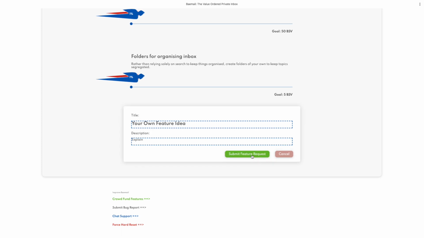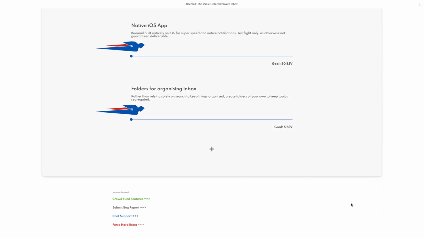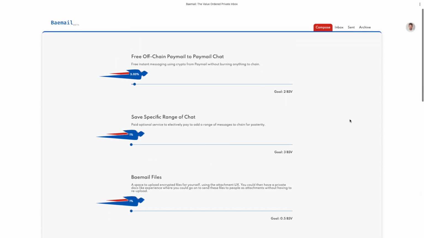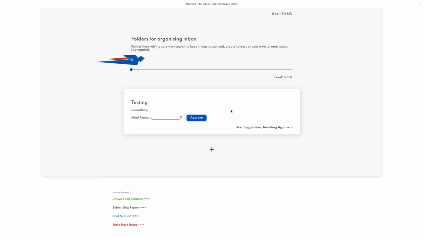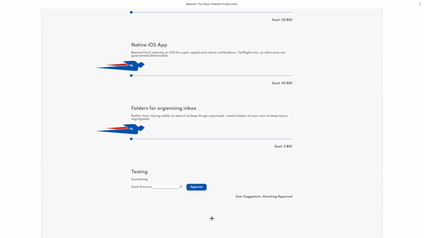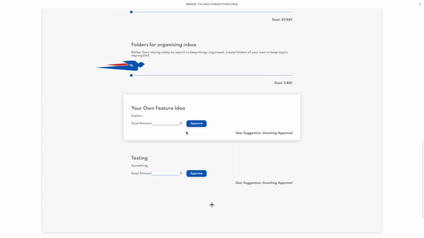You can submit the feature request, and although you won't see it immediately, I just wanted to make sure I could control for spam. So what happens there is I'm immediately able to see the new features listed here. So here your idea would show up on my list when I come to check it, and I can just approve it based on what I think it's worth, how difficult it will be to implement. I can just adjust the goal amount and approve, and that will add it to the